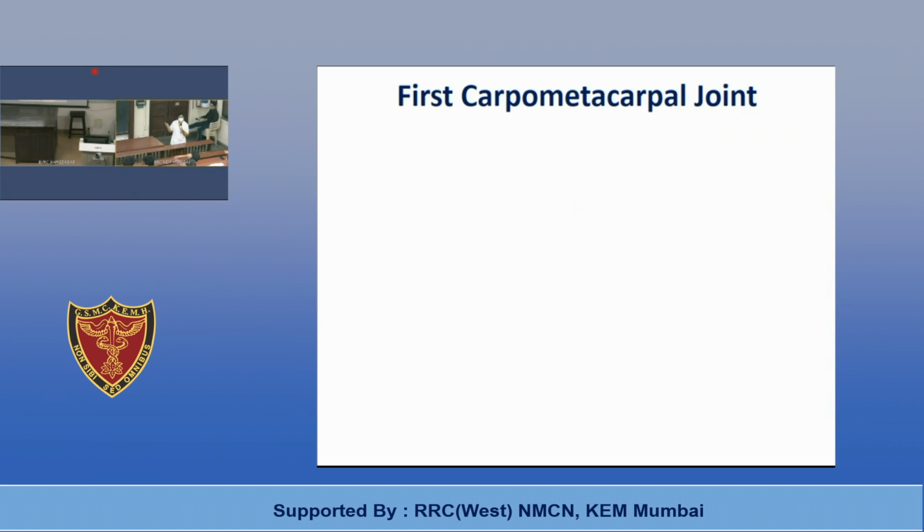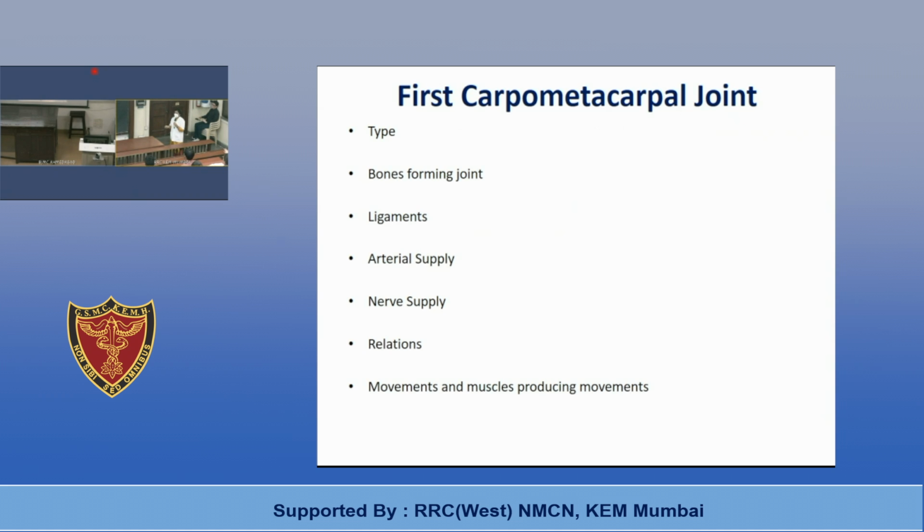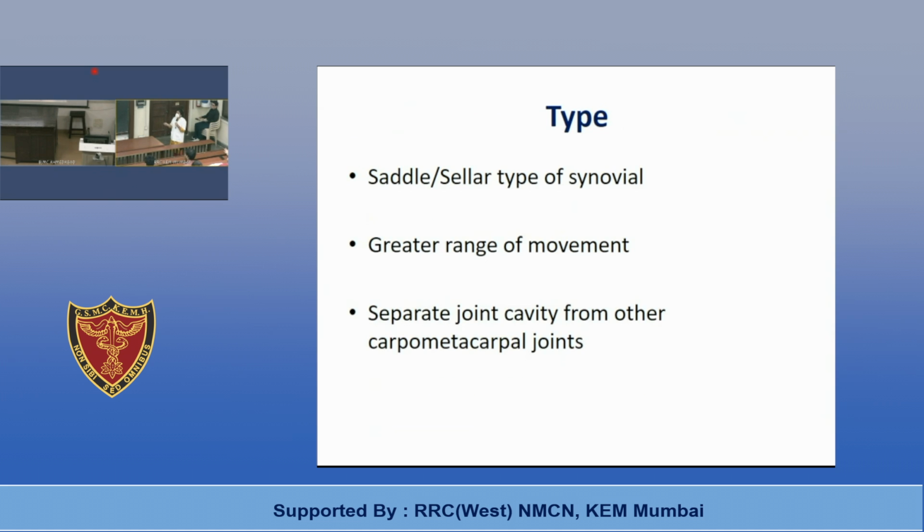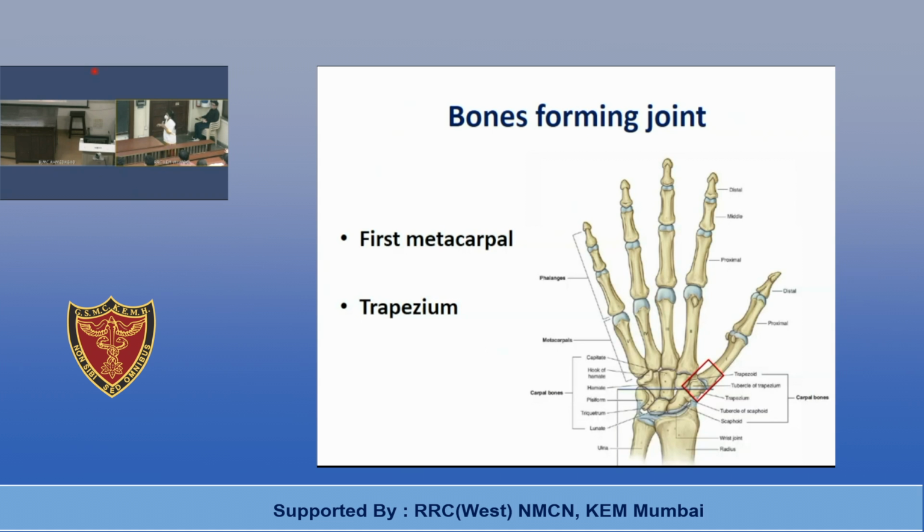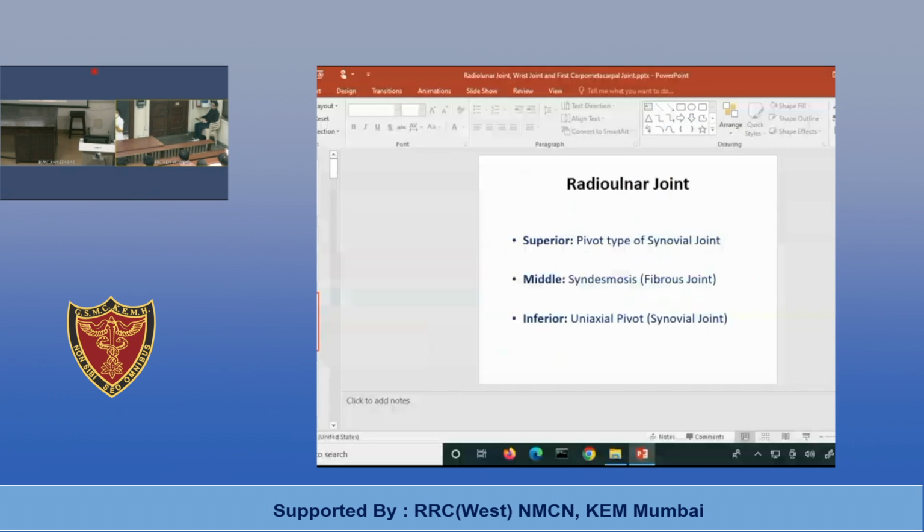Okay, in short, not much to discuss about the first carpometacarpal joint, but in living anatomy you will be asked to demonstrate movements of the thumb. Movements of the thumb means movements occurring at the first carpometacarpal joint. What type of joint is it? Saddle variety of synovial joint because of the articular surfaces, and it has a great range of movement because of the particular positioning of the first metacarpal. If you see an articulated hand, the first metacarpal is rotated by 90 degrees medially.